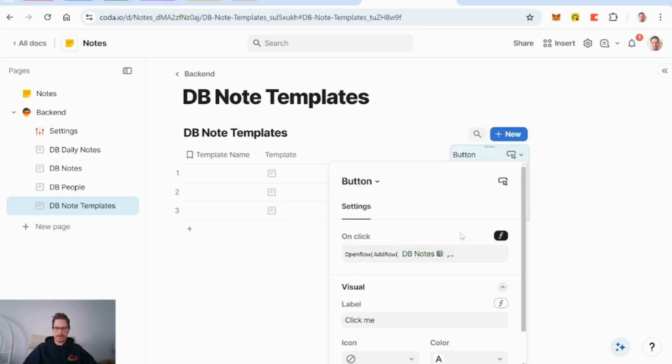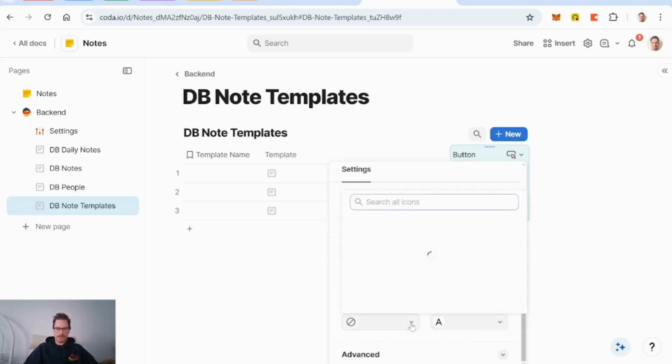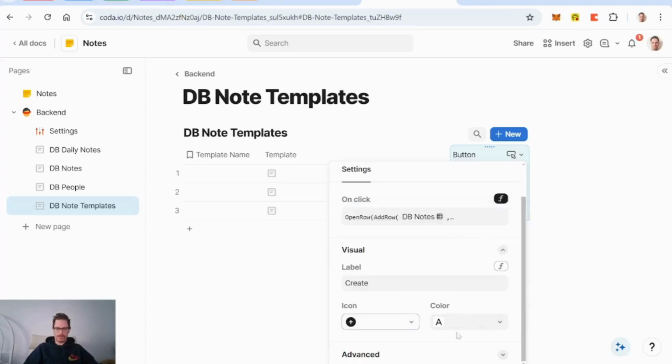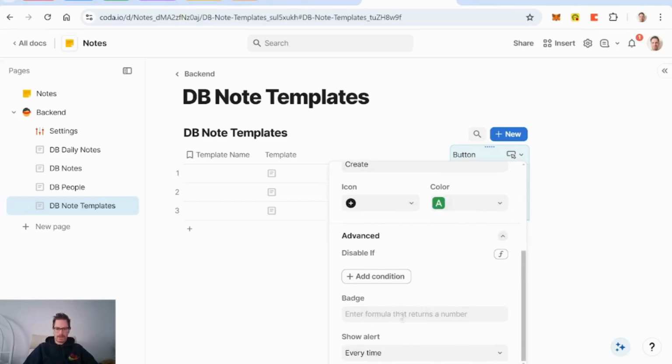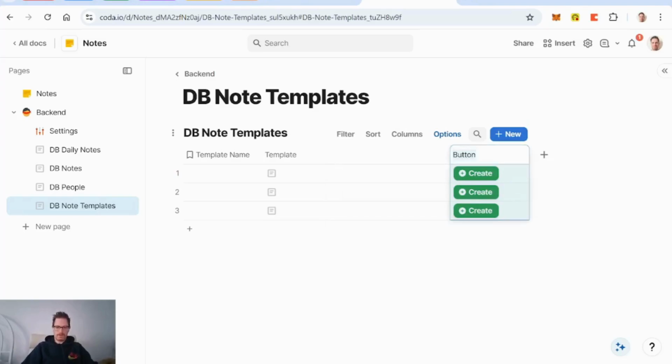Yeah, okay. Great. I'll say for now, and I don't know, I want nothing here. Create from template. Okay, so let's say, for example,